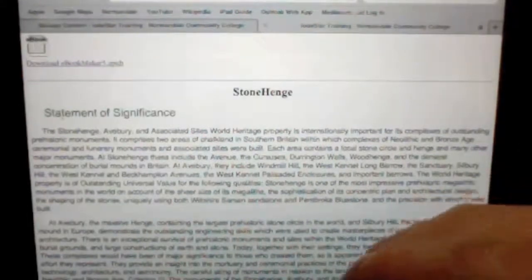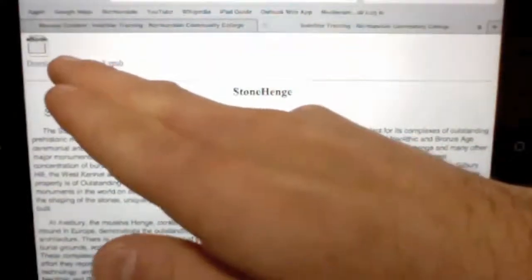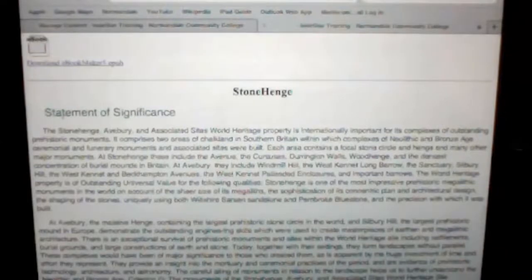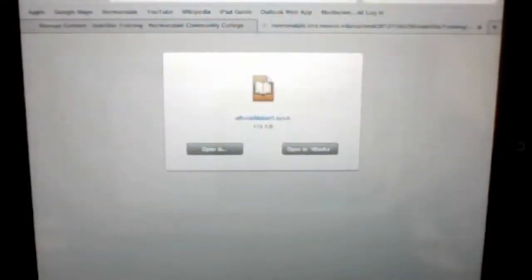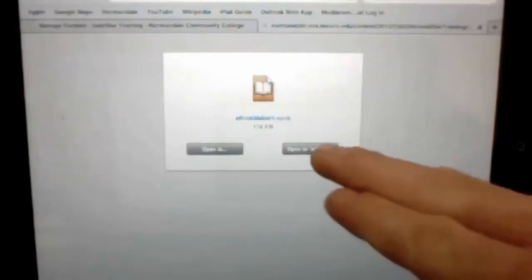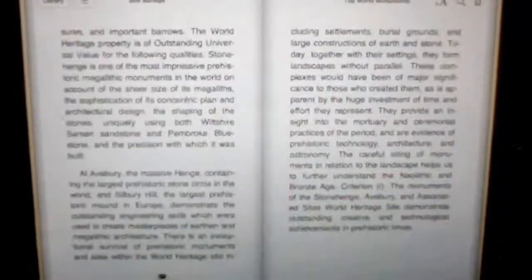The cool thing is this little icon in the upper left corner. That's the ebook. When I click on that, it asks me if I want to open it up in iBooks. And yes, I do. It will automatically import into my bookshelf, and now I no longer need an internet connection to view this content. I can scroll through the book just like a regular book,